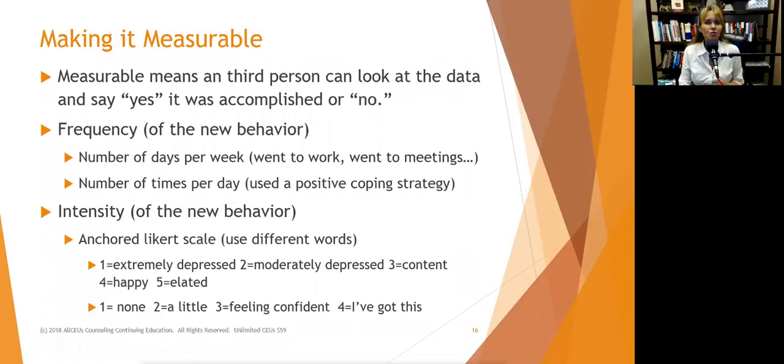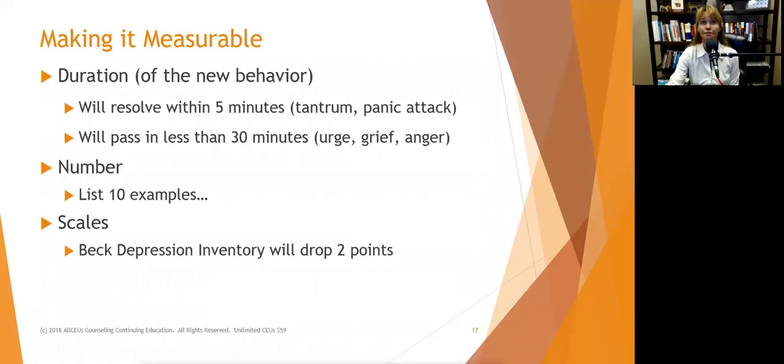You can also use a 4-point Likert scale in terms of confidence. How confident are you that you can accomplish this goal or whatever? None. That's a 1. 2 is I'm a little bit confident. Number 3 is I'm feeling confident. And 4 is I got this. Make sure they have those anchors, because it makes it more real if they have words to put with it, not just numbers. And they've shown that it really helps increase validity and reliability.